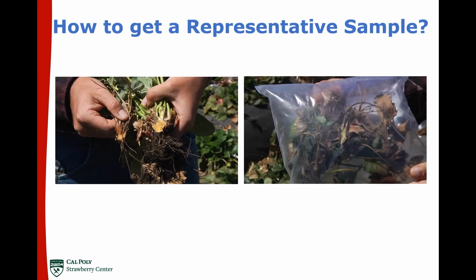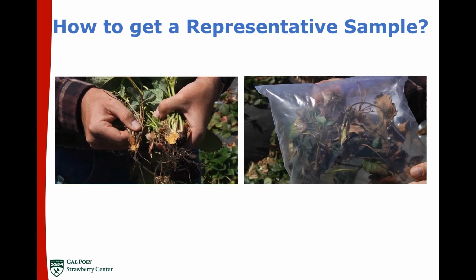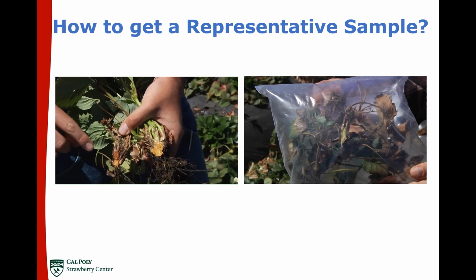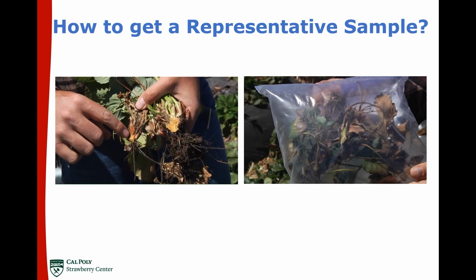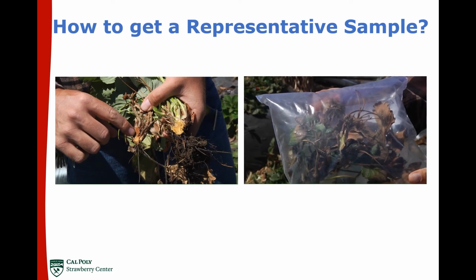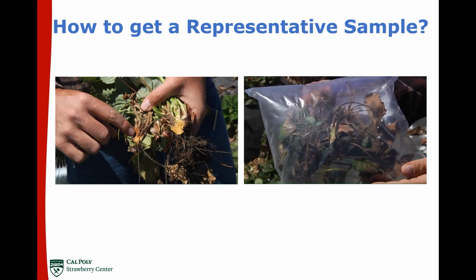Before you send the plants to us, it would be a good idea to cut open the crown and see it yourself. Finding a crown discoloration is common to most of the pathogens that we find, but there are exceptions. Put the sample in a Ziploc bag and label with the name of the field and sampling date. Three plants would be an ideal number to send to us per sample.